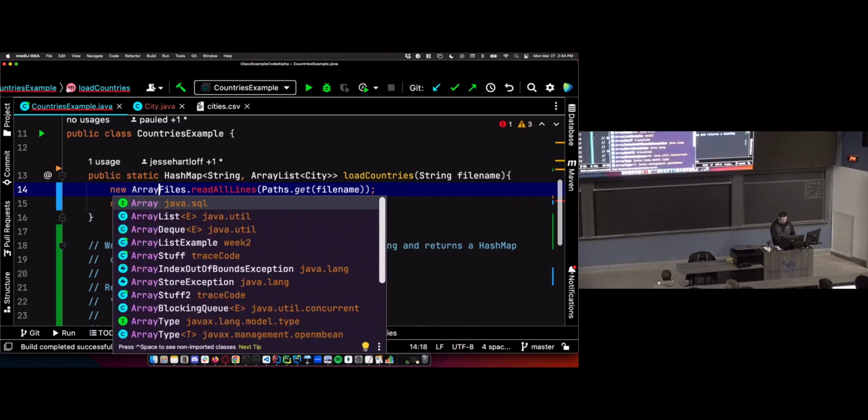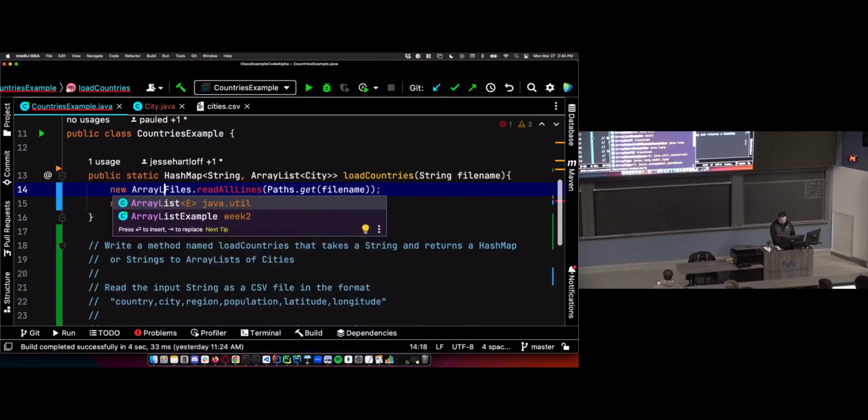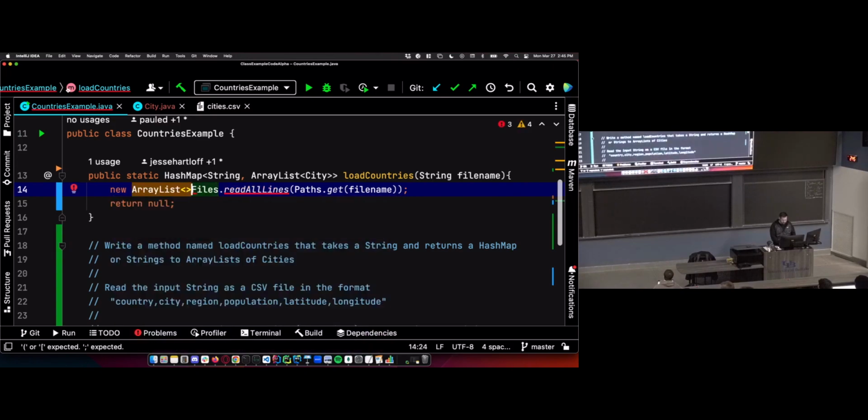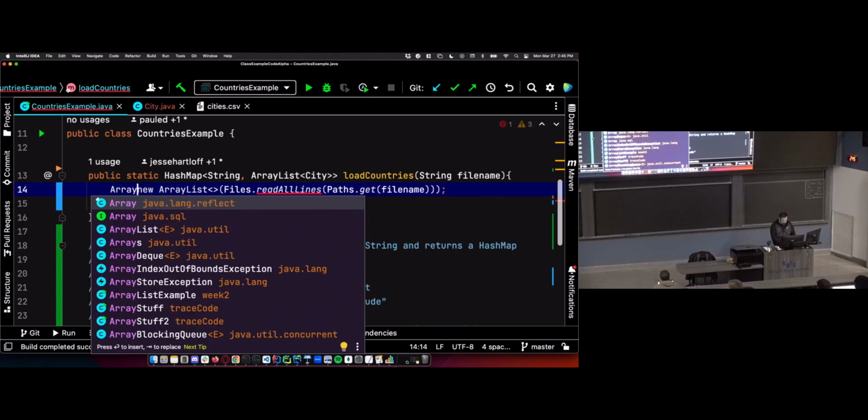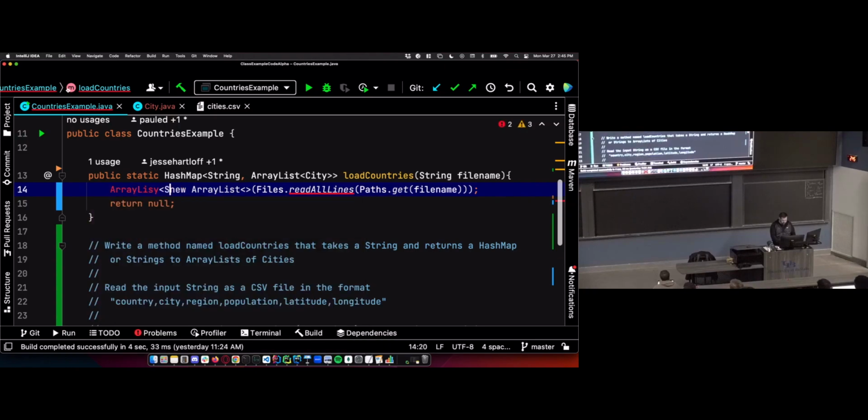I would just work with lists, but just to make this consistent with the slides, I'll use ArrayList. ArrayList of String lines. My goodness, I can't type.